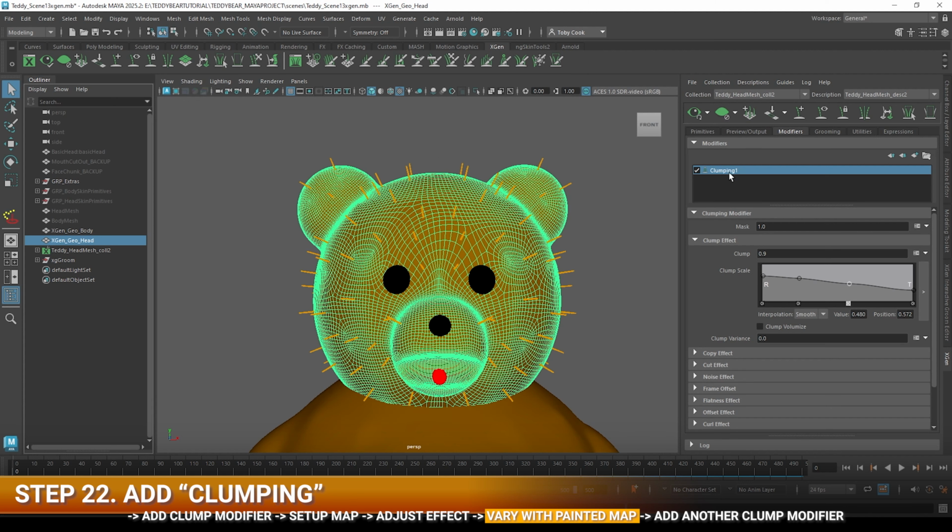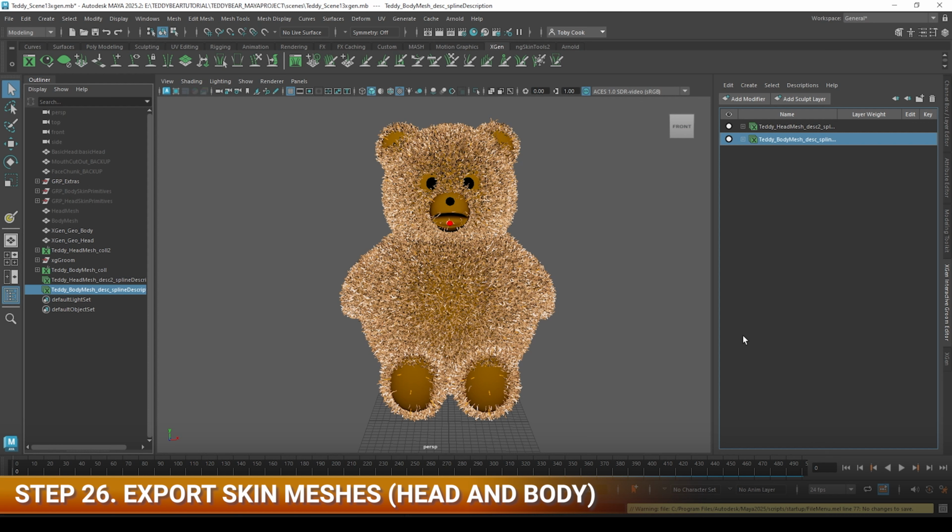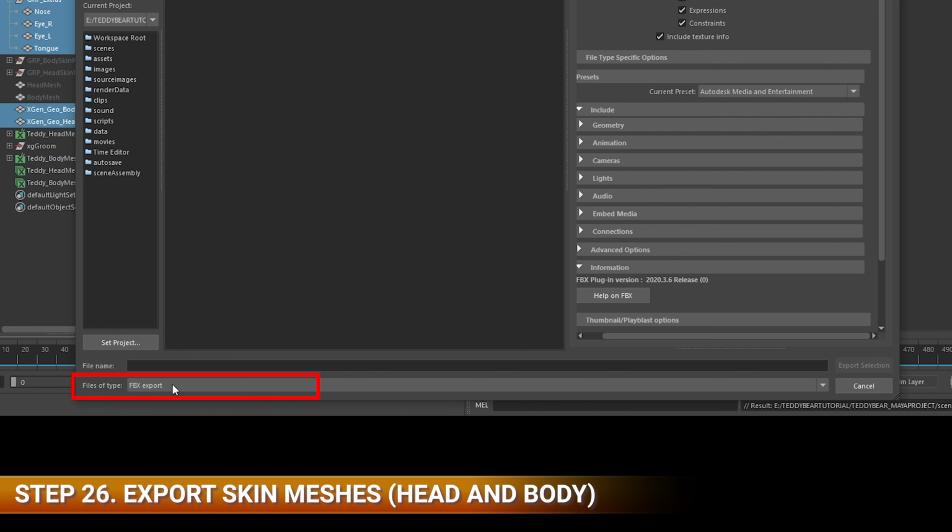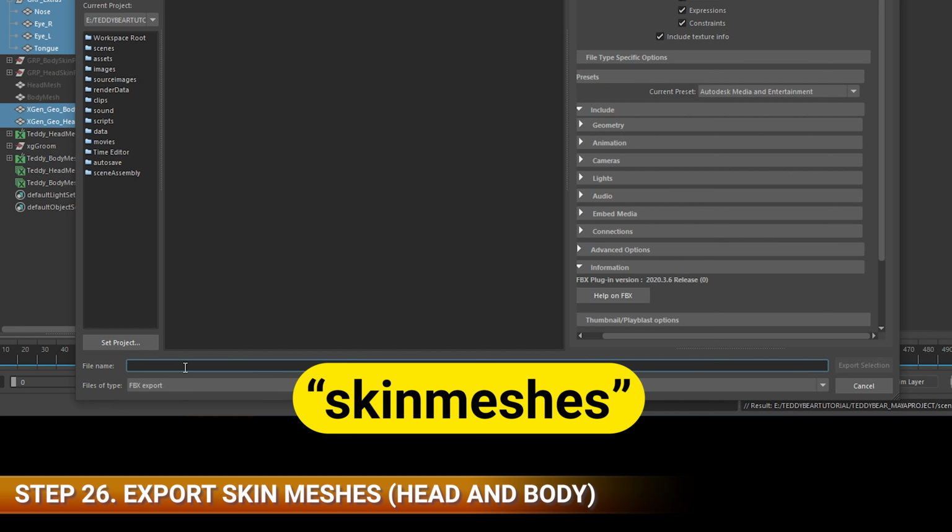All right, so next what we need to do is export the skin meshes. So the actual body and the head that's underneath the fur. And we need each of those as an FBX. All right, so in the outliner, select all the items in the extra group and the body skin and the head skin. Then go to File menu, Export Selection, and make sure on the right-hand side, you've got Autodesk Media Entertainment as the template. Change the drop-down at the bottom to FBX Export, add the name as Skin Meshes,